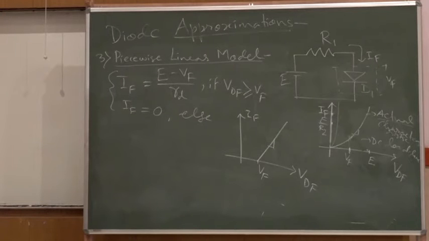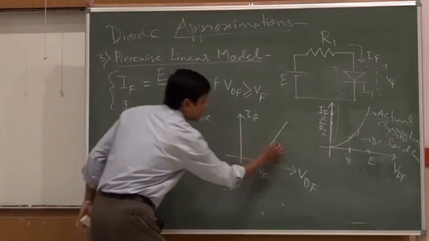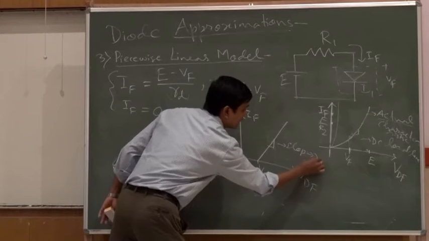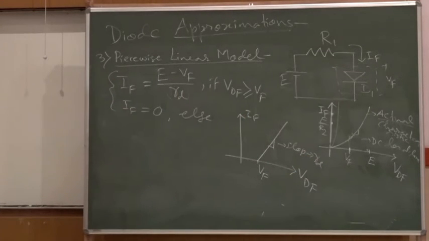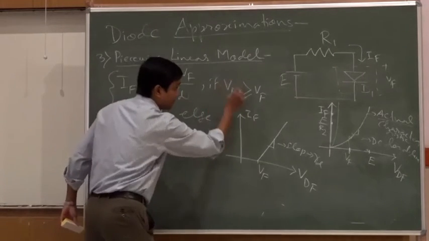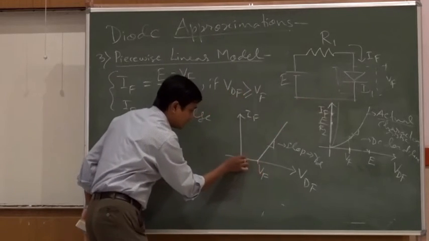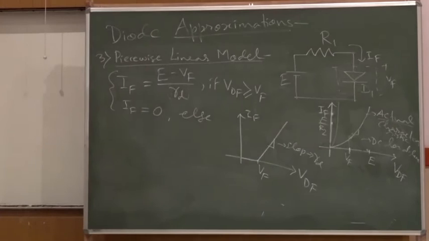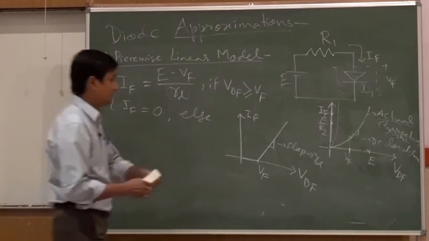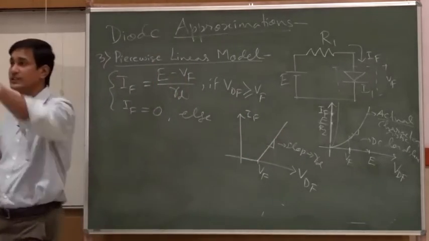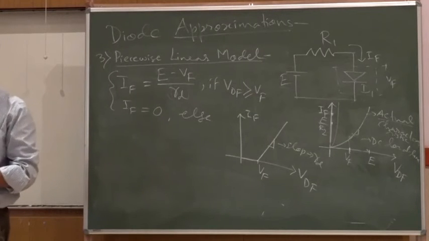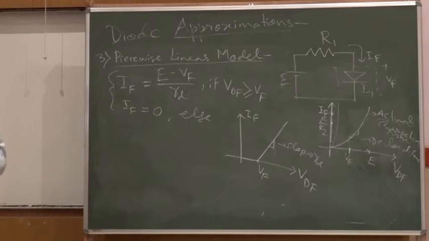Delta V by delta I, that is Rd. So this Rd is related to this slope, it decides the Rd value. Now, if the voltage across the diode, Vdf, is less than the Vf, then things are 0, no need to consider that. Diode current is 0, the circuit is open there. But if it is beyond that, you have to take a particular route through which you will see the increment or enhancement of the current in the circuitry depending on the diode internal resistance